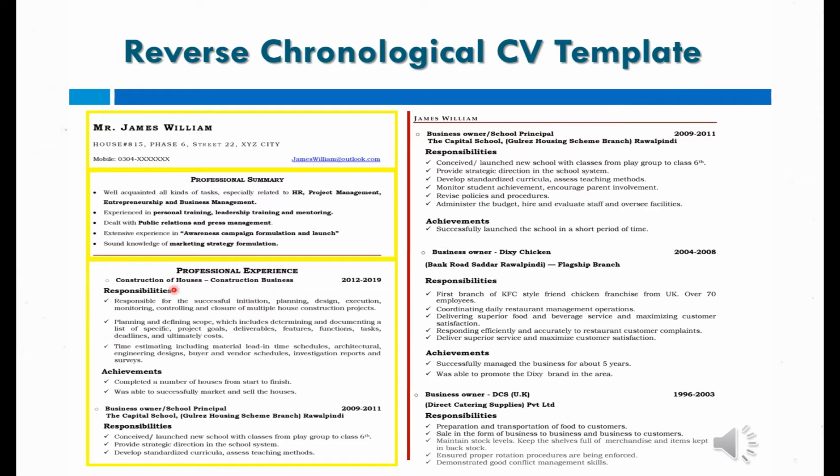Now in the professional experience, right here, the name of the appointment, the duration, and the responsibilities are clearly mentioned in bullet points. The responsibilities are mentioned here, and the achievements from these responsibilities are mentioned at the end of each job description. This CV moves in the same way. As you can see, the bullets are in a consistent layout throughout the CV, and this CV moves on till the end.